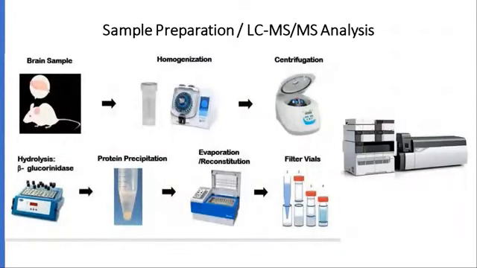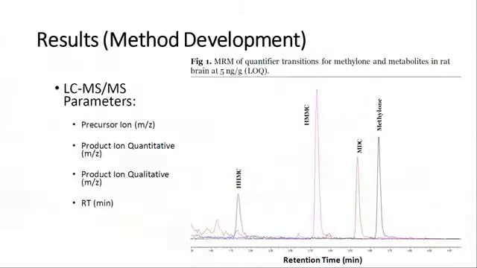So sample preparation consisted of a series of procedures for drug extraction from the brain tissue. This included homogenization of methylone-dosed rat brain in buffer solution, beta-glucuronidase hydrolysis, protein precipitation, evaporation, reconstitution of samples, and filtering for analysis, which was done by using an LCMS-MS instrument equipped with a Synergy Polar-RP column and a triple quadrupole mass spectrometer. After LCMS-MS analysis, different experiments were performed during a process of validation, and the validation process estimates the efficacy and reliability of the method, but also provides any method limitations under normal conditions.